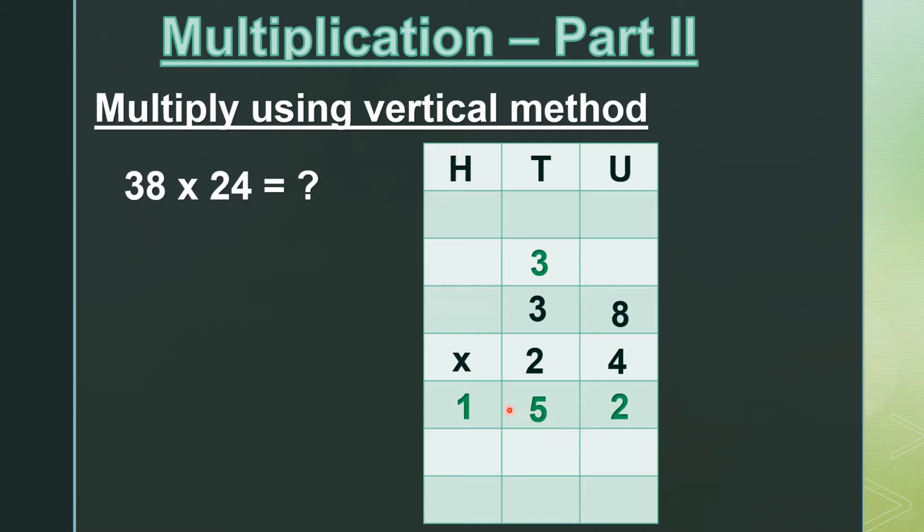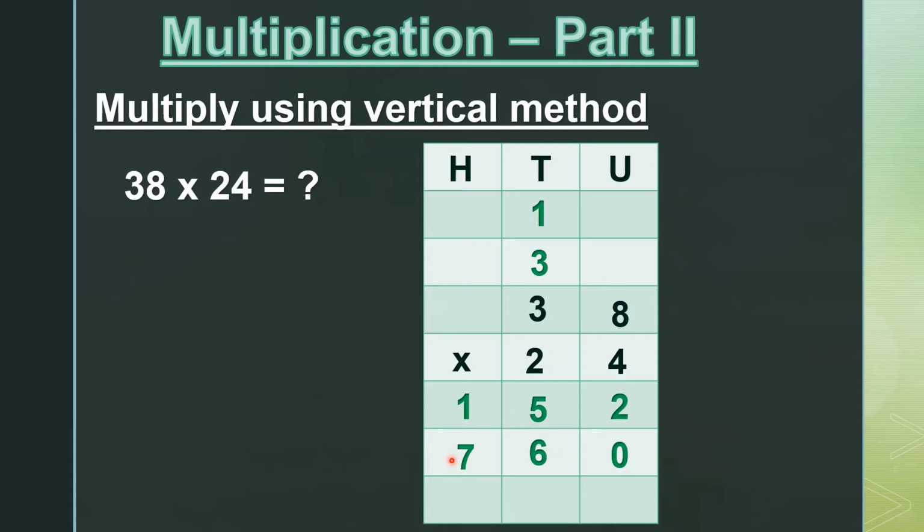Hundreds place 1. Now we have to multiply using 2. We have to multiply 38 by 2. So 2 is in tens place, so we should not write the answer in units place. Here we write 0. Since we are multiplying by a tens place number, we have to start writing the answer from the tens place. So 2 8s are 16. We write 6 here and 1 is carried to tens place. 2 3s are 6. 6 plus 1 is 7. We write 7 in hundreds place.